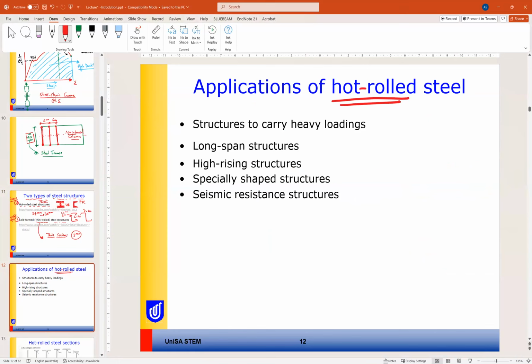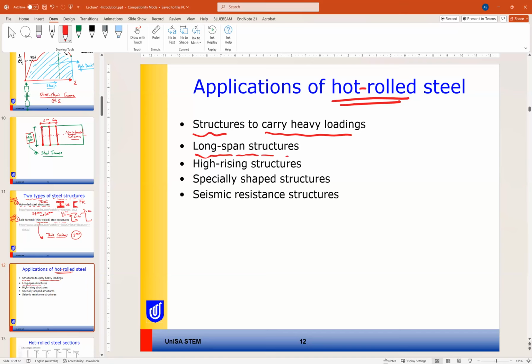So hot rolled steel will be needed when we have a structure that carries heavy loading. So if you have a structure that will be carrying more loading, like more live load or more wind load or so on, you will need a strong or heavier structure to carry these loads. Also in long span structure,